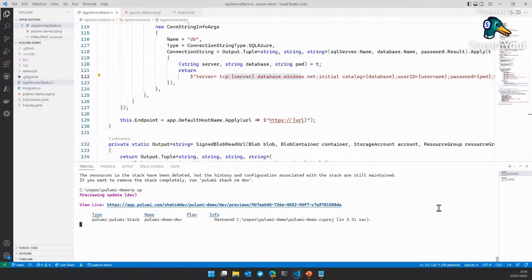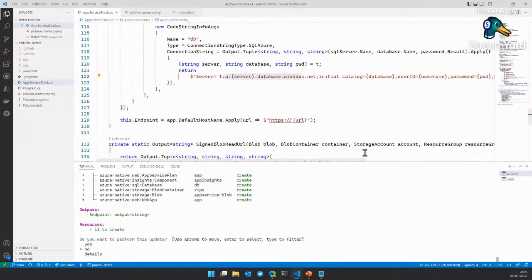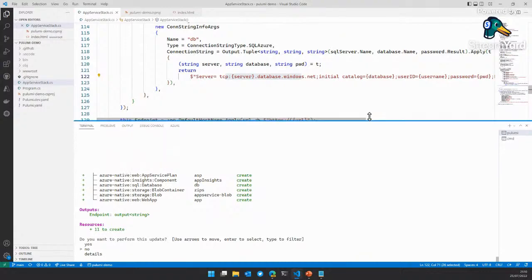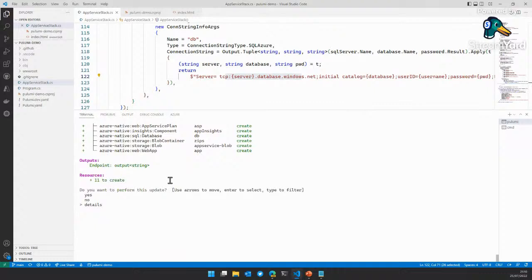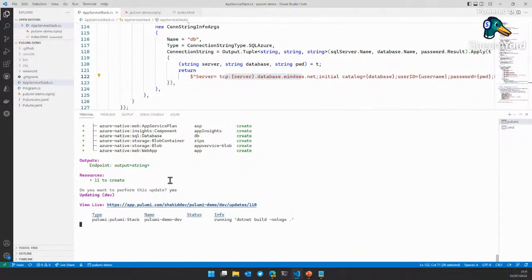So the first step is always really compilation, and you get restore if you haven't restored the packages already. And then obviously, because this is a live demo, things always feel like they take a lot longer. But you can see now there is a bunch of stuff that's going to create. There's 11 resources. I can click on details and go into it, but I won't for now, just in the interest of time. I'll just hit yes on that, and we'll let that go and create that. That will take probably about 90 seconds, I think, maybe slightly longer. It does vary.